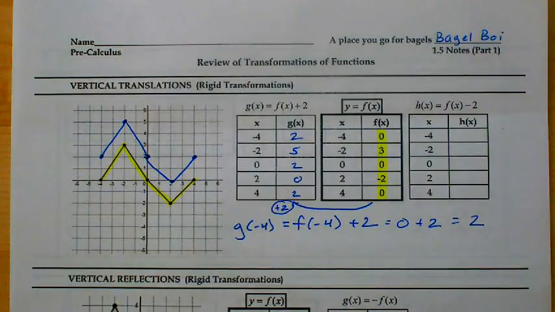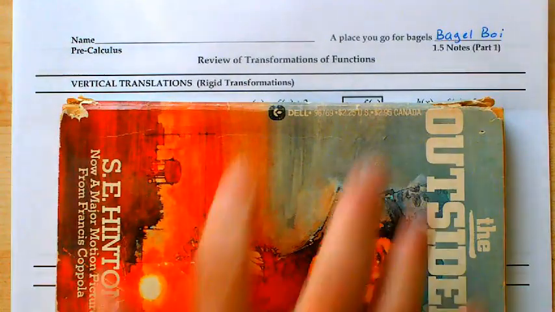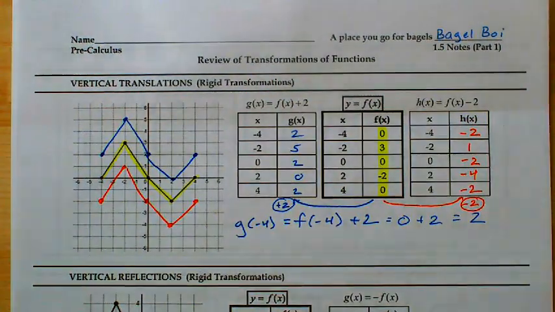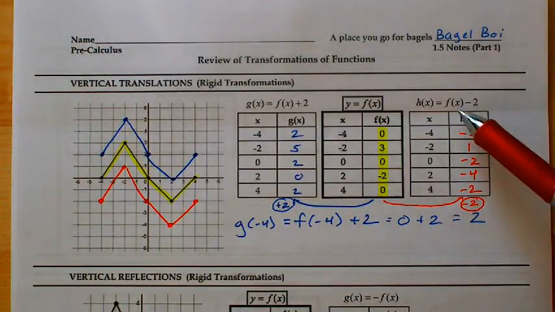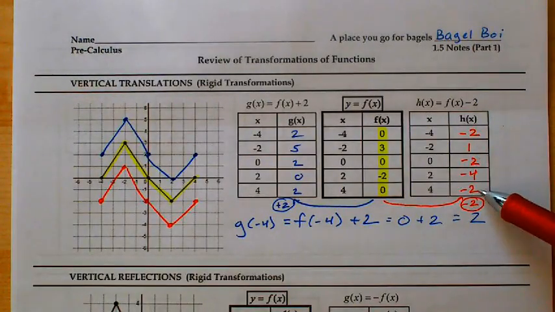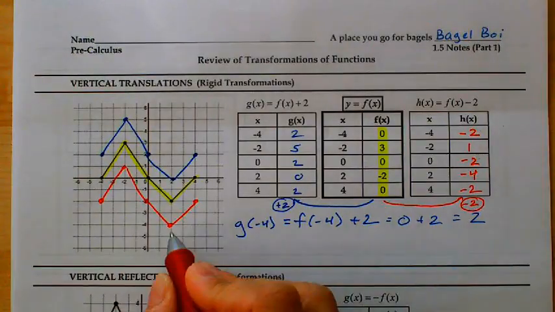Okay, I would like for you guys to pause the video and see what you can do with the new function over here, h of x equals f of x minus 2. Welcome back here. I'm going to uncover my work here. I did do it in a different color just to set it apart from the original. And the new function, notice all of the y values became lowered or decreased by 2. And clearly, analyzing the trend here, we see the blue graph has moved up by 2,